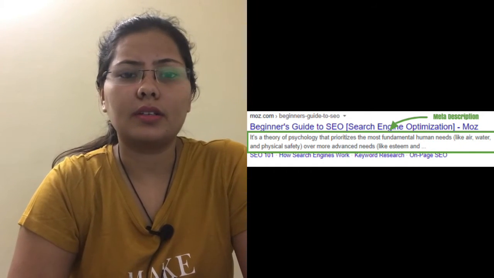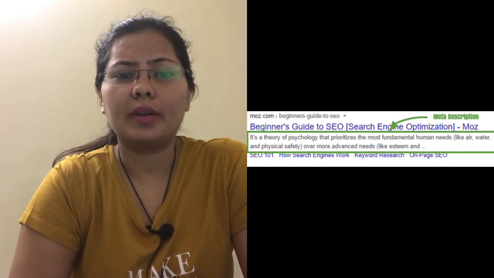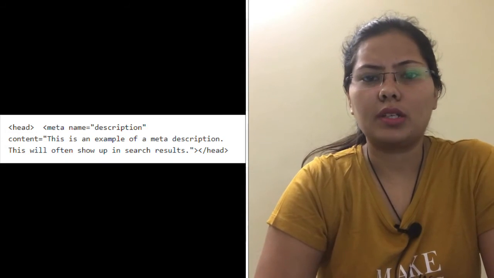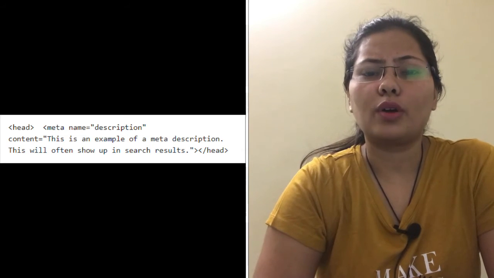Second is meta description. It is an attribute that shows a brief message about your web page. Google and other search engines will show the meta description in the search results, which can influence the click-through rate of your web page. Please see the side images to understand how the meta description looks in the browser, and what code you have to write for creating the meta description.